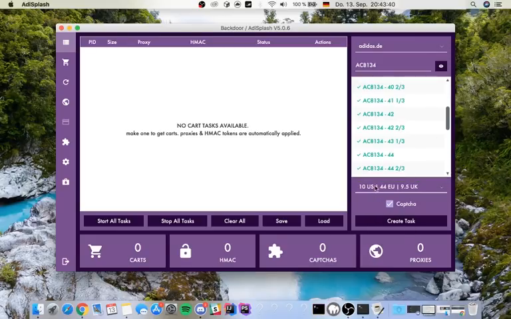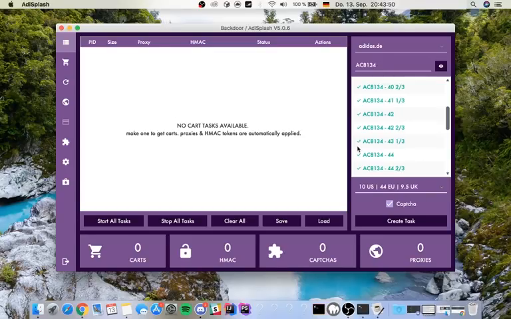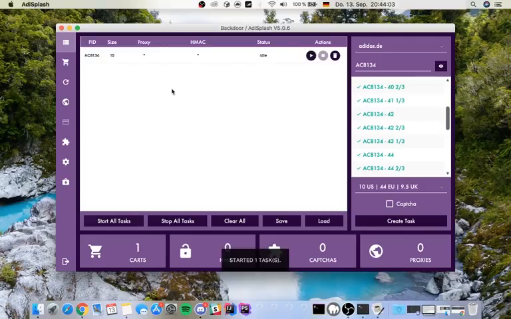Then you have to go onto the product page and decide if it has a captcha or not. On Yeezy or any hype releases, there's always captcha, so I doubt you'll try to cart any non-hype release. So for a test, I'll have it off. All right, so it's size 10, and then I'll just demonstrate start all tasks. So we'll start it,